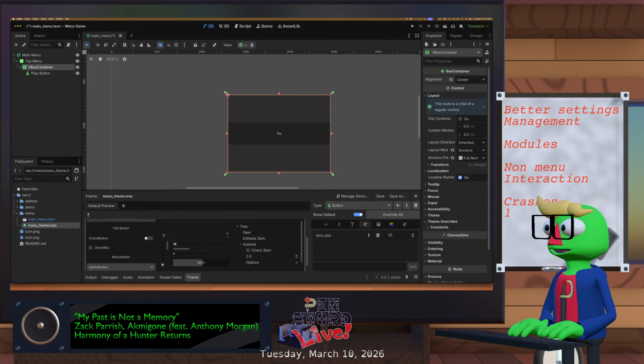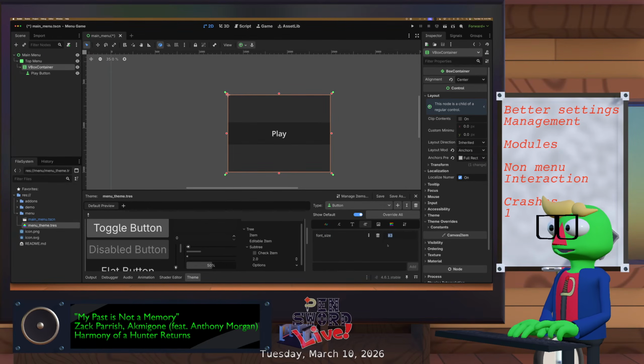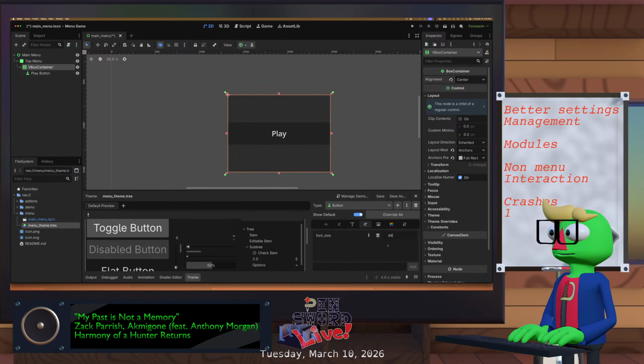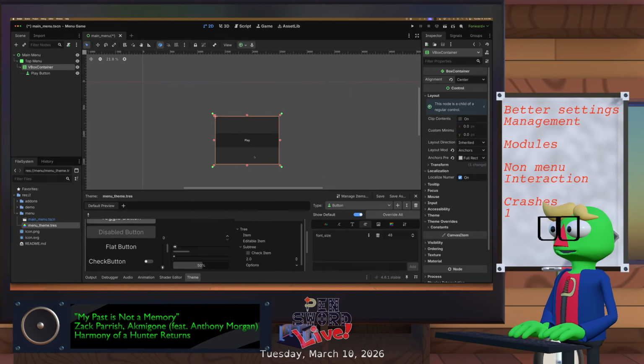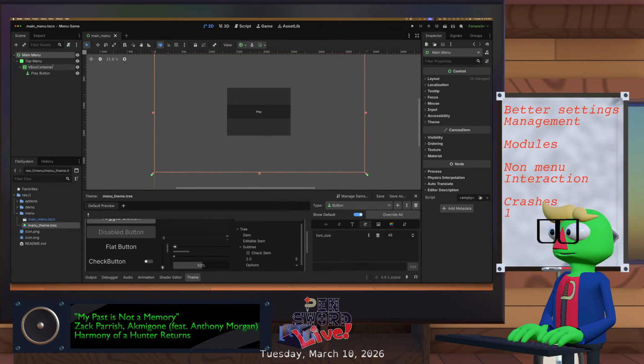I'll bring that up. I think I watched a video from Game Maker's Toolkit on accessibility, and they say 48 is kind of the minimum you want for on-screen text. Like 48 pixels, but